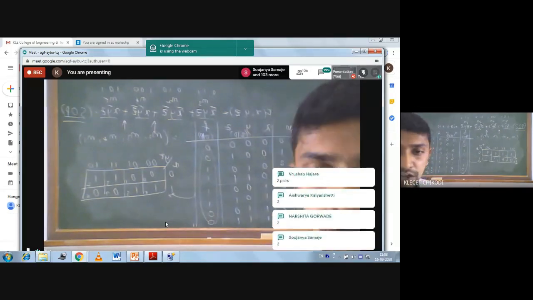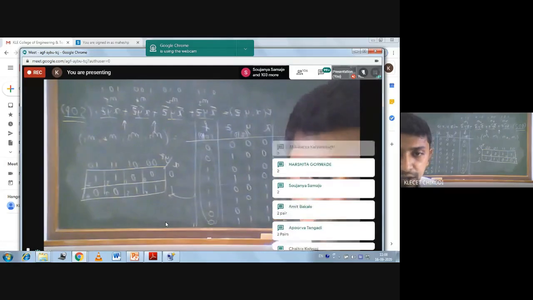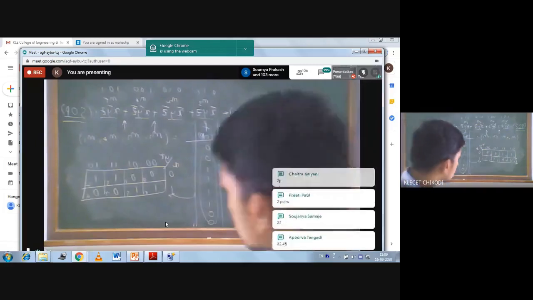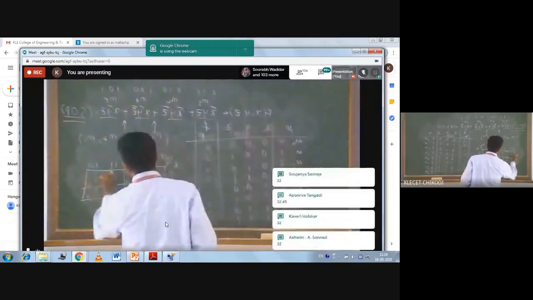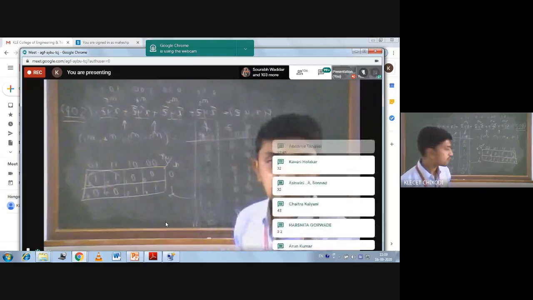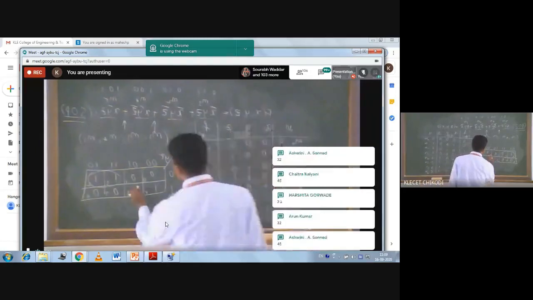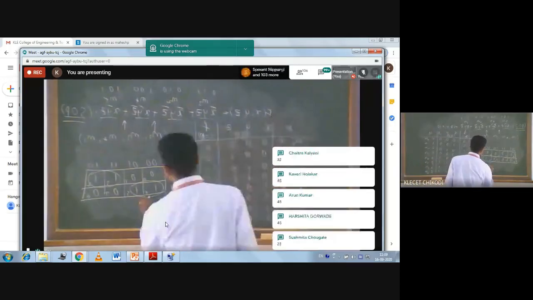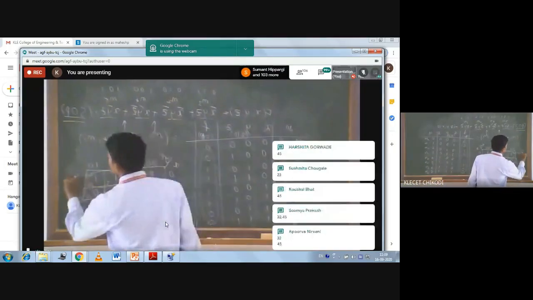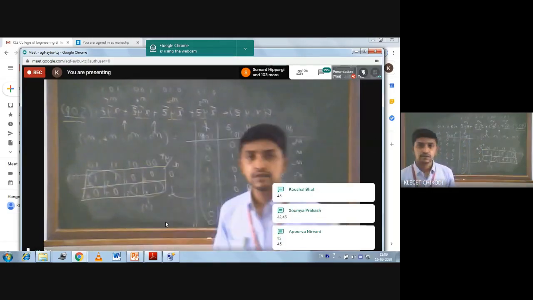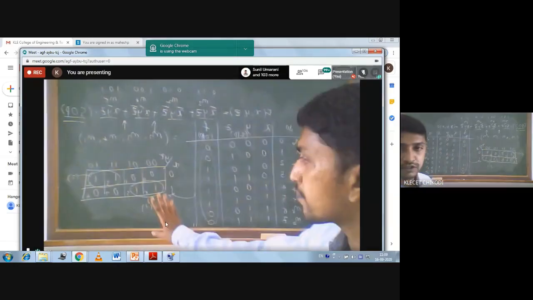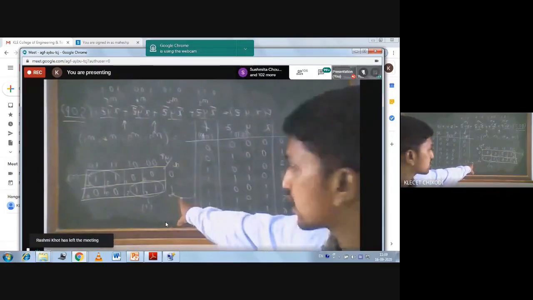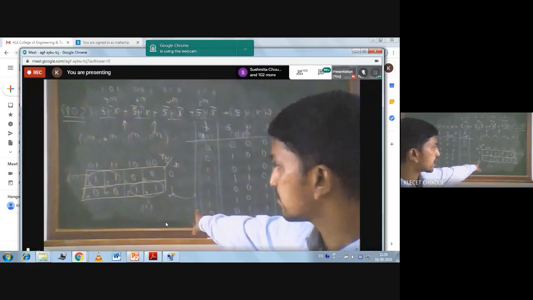Fine. So can anybody number those? The first pair. Number the cells: 2, 3 or 3, 2. So this is the first. And one more is 4, 5. Okay, the second pair. If you want, you can number this: first one, second one. Okay, these are the pairs possible. Now you write the individual terms corresponding to the first pair and second pair.